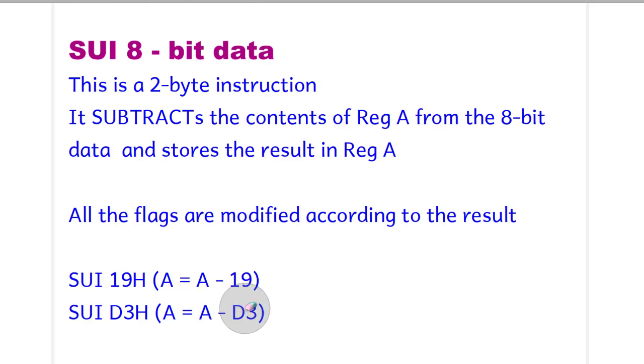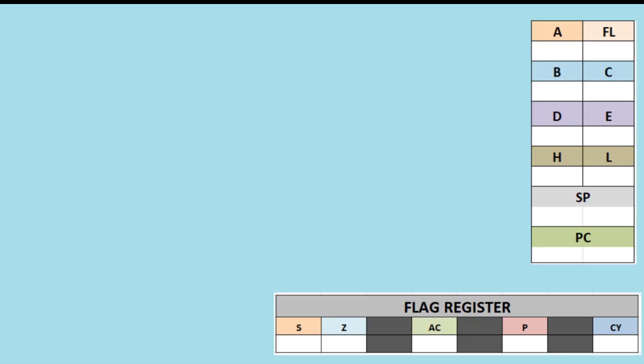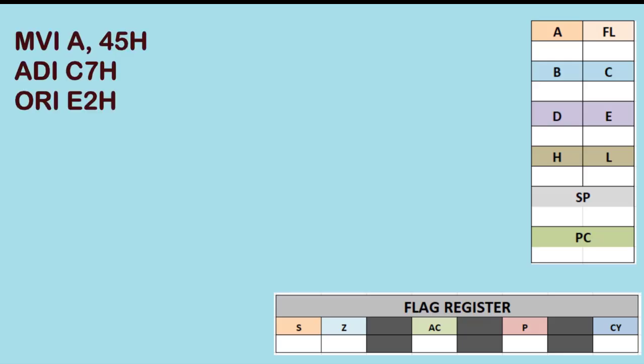So this was regarding the explanation. Now let us see one animation. Here we have three instructions: MVI A, 45H, then ADI C7H, and ORI E2. I have just taken two instructions, one